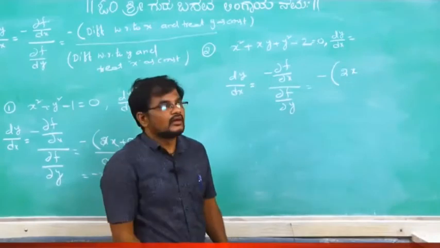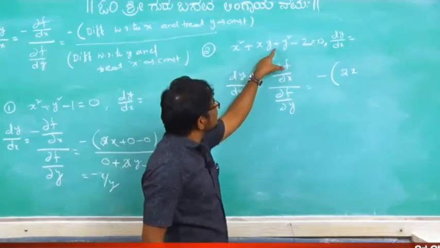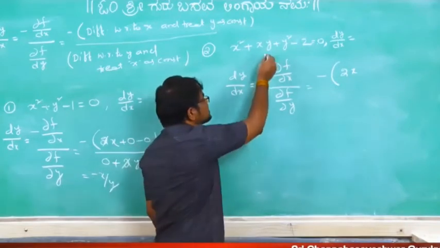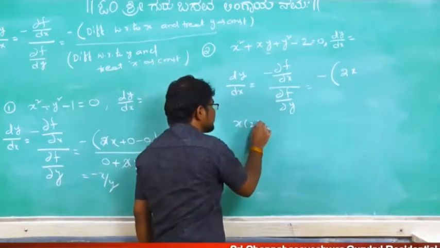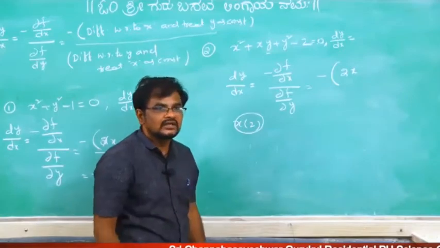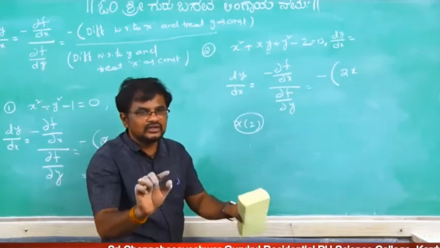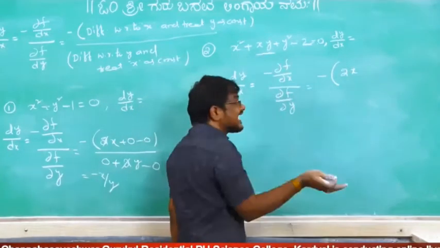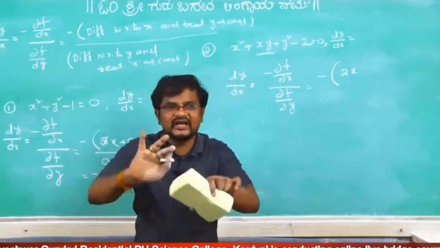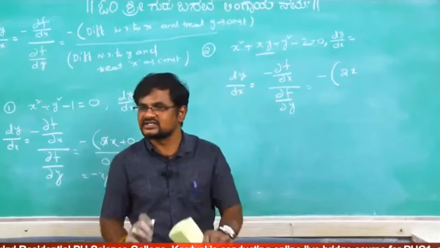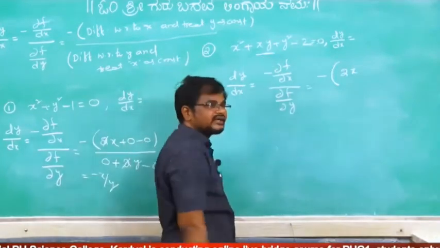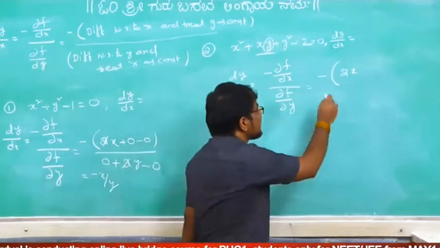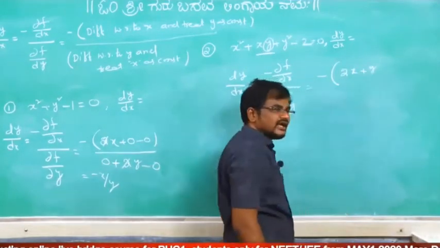2x. Now in these, once you observe, which one is constant? Y is constant. So y is constant means, suppose here x into 2 is there, differentiation of 2x, you will get 2 only. So we should not do anything for the y, because it is a scalar multiple, not an independent constant. Independent constant means a single constant, 0 we will take, but it is a scalar multiple, a product is there. So in this one y is constant or not? So y constant means keep it like that only, write as it is.